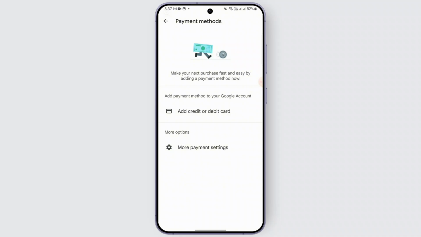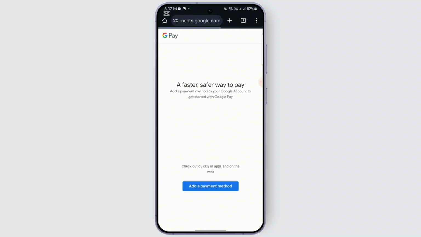After that, you can find this more payment settings. Just tap on it. After tapping on it, it will redirect you to another page where you can add a new payment method, for example. And here you'll be finding this add a payment method. Again, just tap on it, go on with adding payment methods, and basically that's how you change your payment method